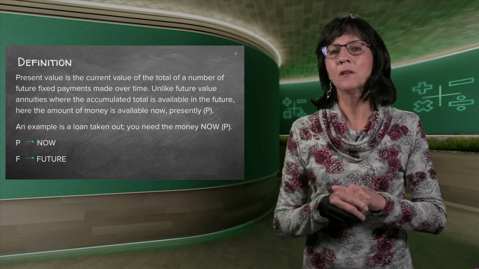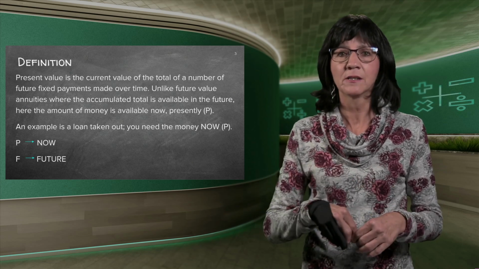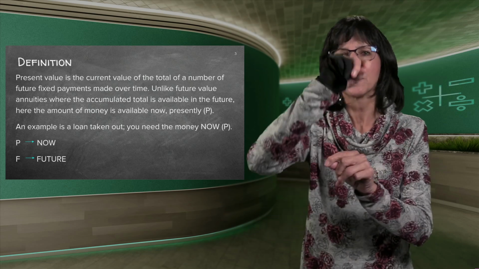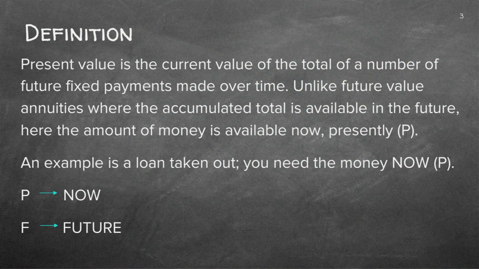So there's the definition. Present value is something that happens now, in the present. I always draw a little box with a little bow on top. I want to buy myself a present, whatever it is, a house, a car, so I need a loan. I'm going to get the money from the bank and pay them back, normally monthly. Very important that you know P is now, at the present, and F is for the end value, in the future, at the end.